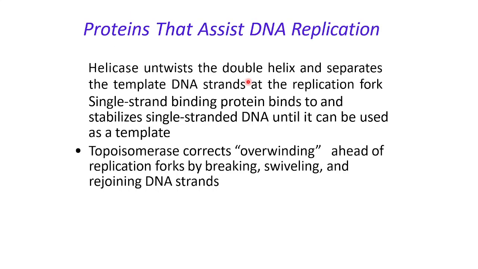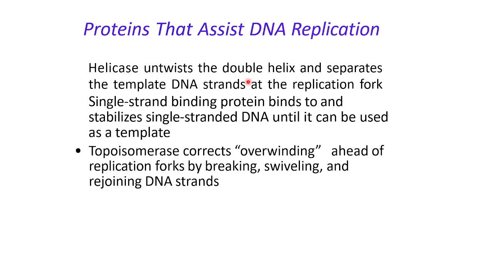Then you have helicase that untwists the double helix and separates the template DNA strands at the replication fork. Then you have the SSBPs. Most of you have heard about it. That's a single strand binding protein. It binds to and stabilizes the single stranded DNA until it can be used as a template, because single stranded moieties are mostly weak and are not very stable, so it holds on to that till the entire template formation